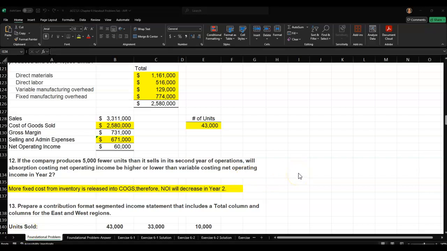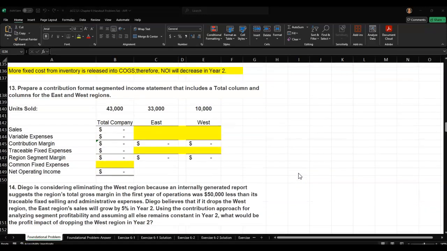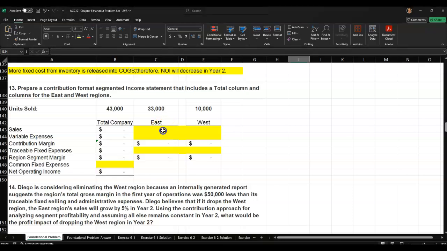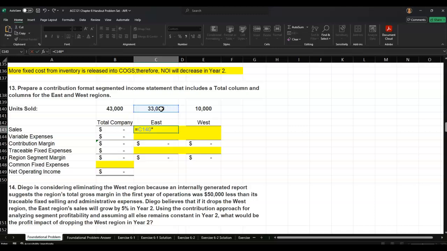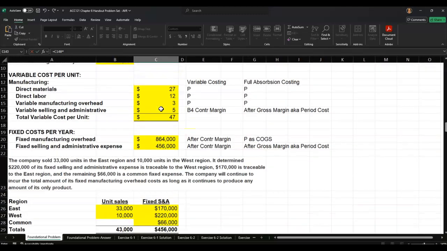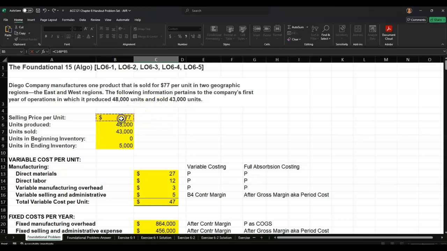Okay, all right, so let's continue with question 13 here. It says prepare a contribution format segmented income statement that includes a total column and columns for the east and west regions. Again, if you remember, they gave us the number of items sold in each one of the regions. So I'm just simply going to take the units sold times, and again, I'm going to jump back up here and grab that